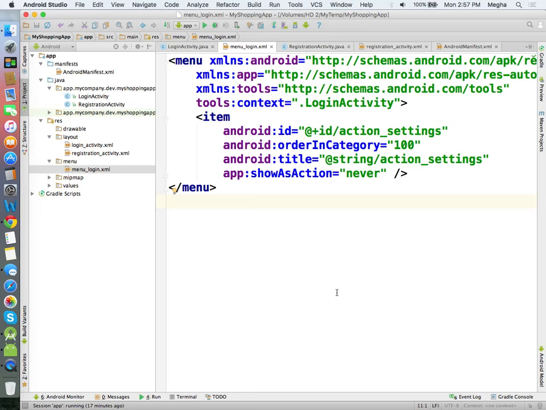Why did they keep it? Maybe it is for maintaining modularity. Sometimes the same menu structure will repeat across all your different activities. You can simply follow this way. So here, if you notice, it contains an item. Only one item exists, which is settings. That's why it is just showing settings. Show as action: never. Here, it's quite interesting.